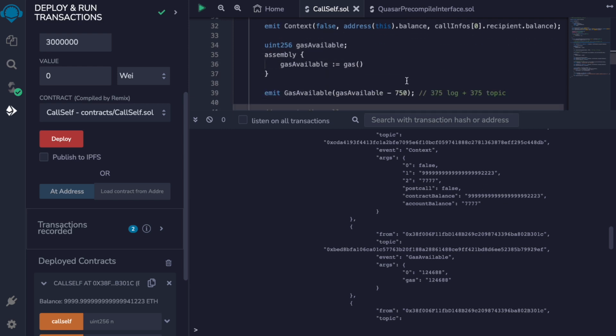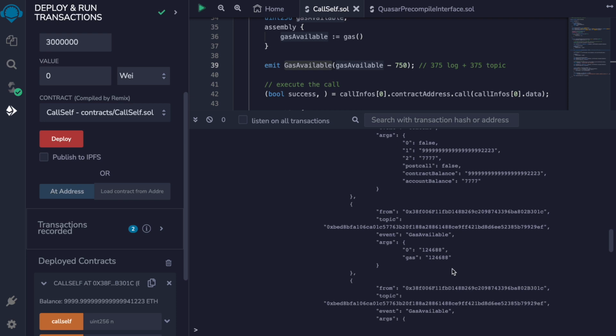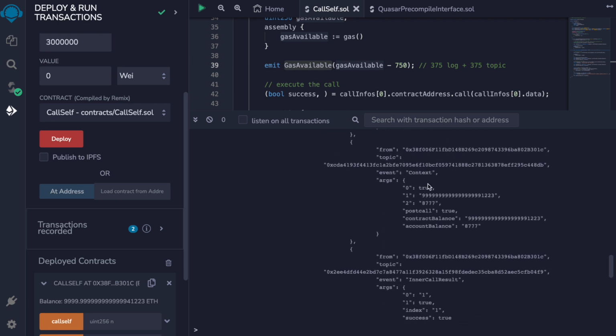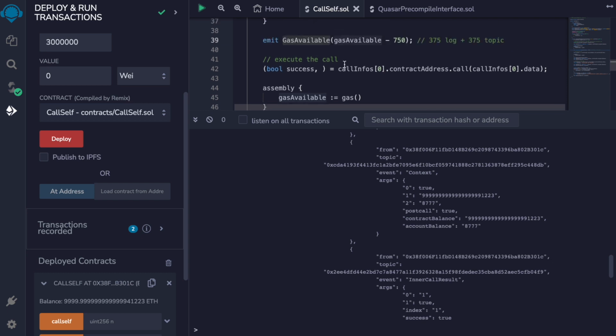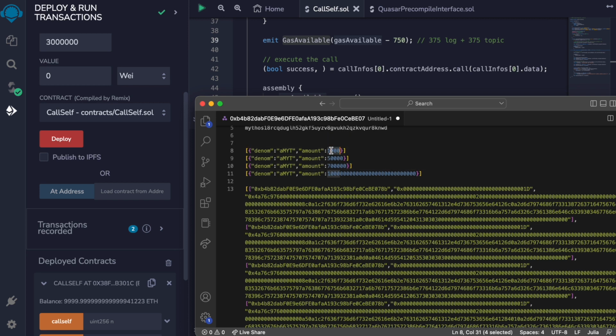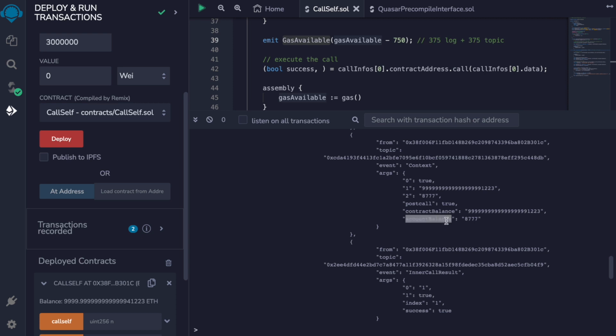Okay, now the next log should be a gas available log. We will move past this, another gas available log, and then our first precompile call is made with the amount of 1000. And we can see the account balance has increased with 1000.